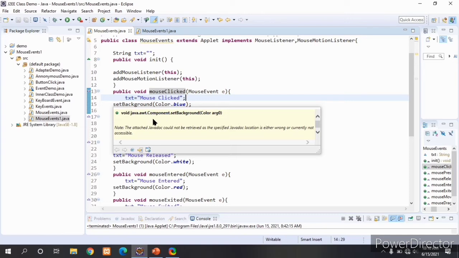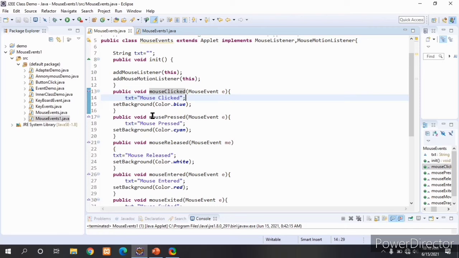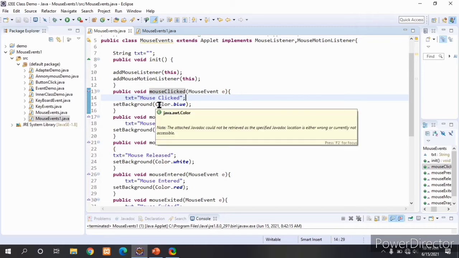So totally it is available in the java.awt package. By using setBackground with a color, we set a background color for that applet window. For that we are using a color object. By referring to this color object we are setting a color.